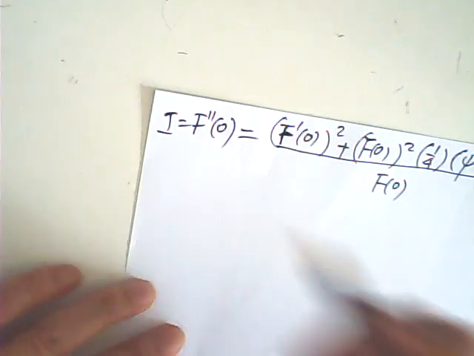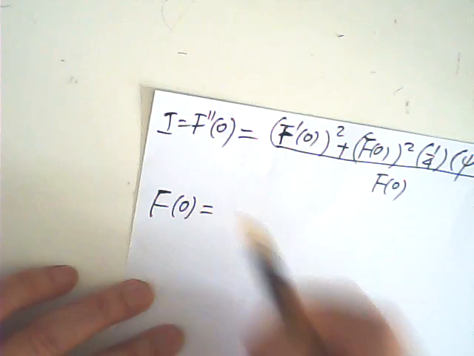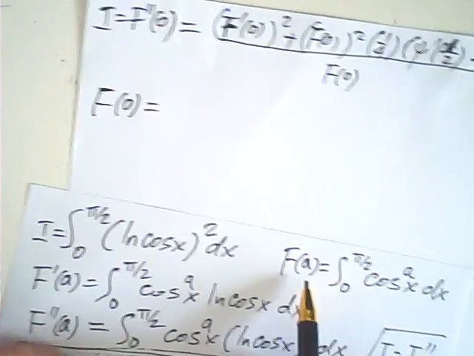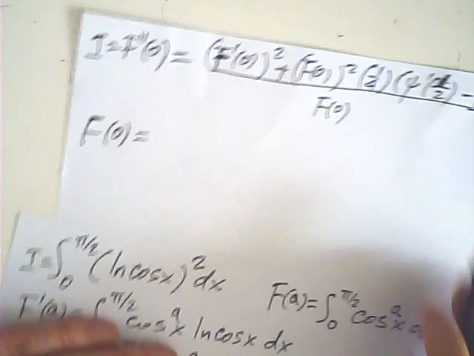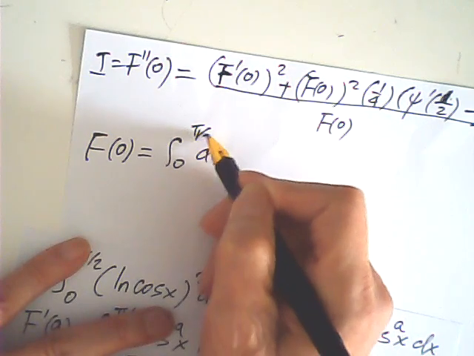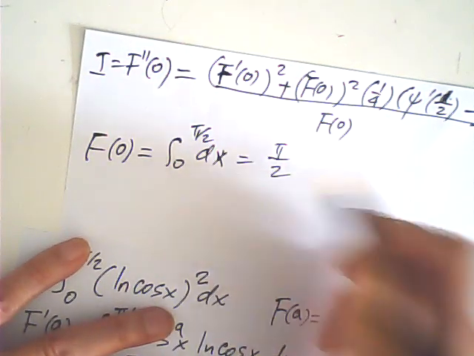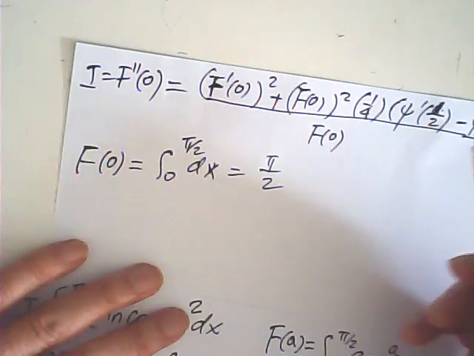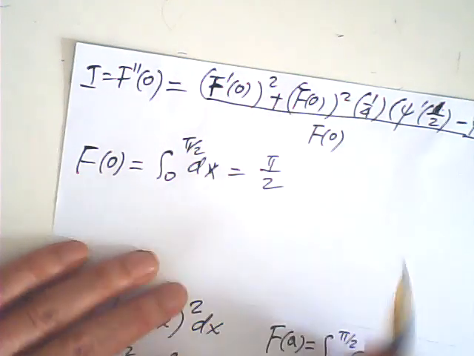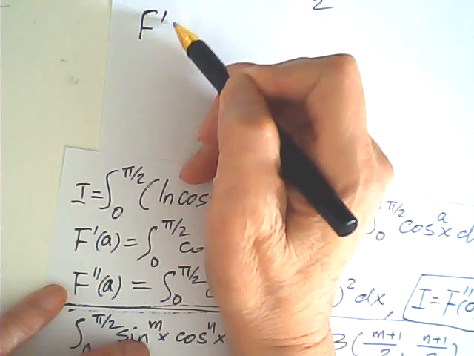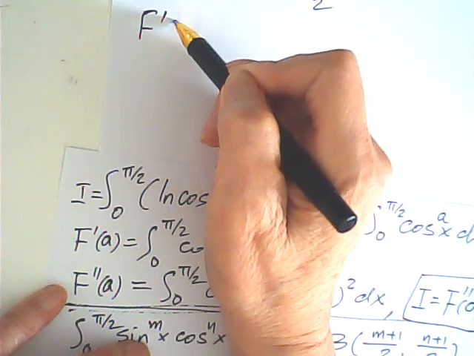So first, what is the f of 0? F of 0 is easy. This is f of a, right? F of 0 is this is dx, right? Half x. So this becomes half x. Okay, no problem. Now f prime of 0. f prime is this, right? F prime of 0